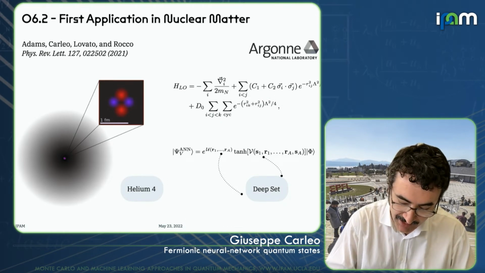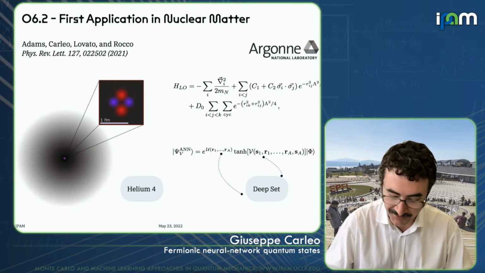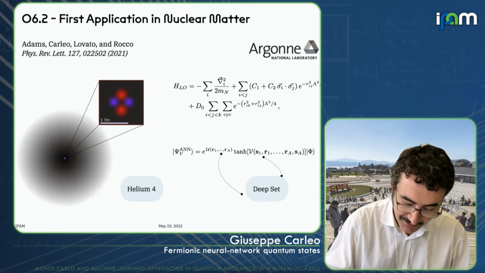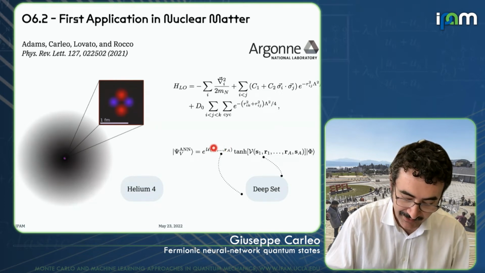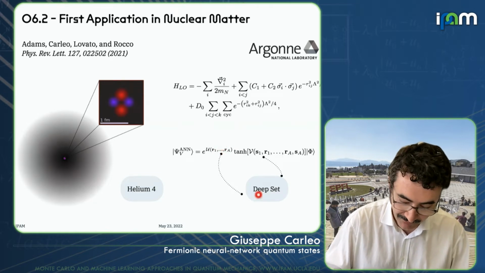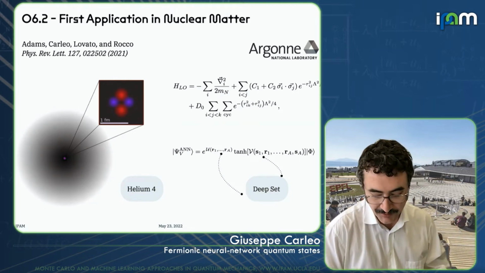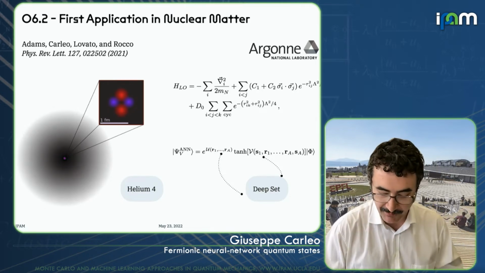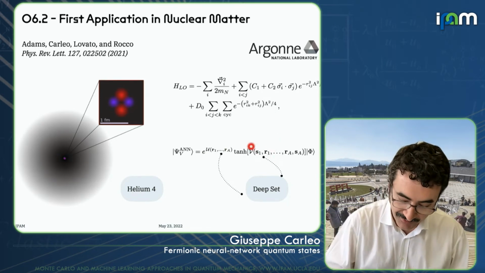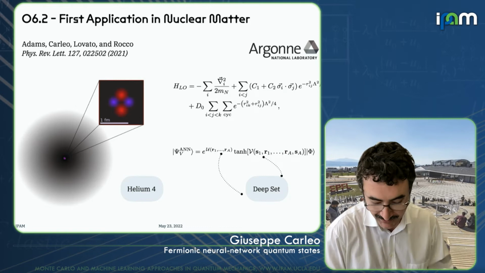Specifically in this work, we were taking a Slater determinant that in this case didn't have a backflow transformation, but that was the first study we did. And then we parameterized the Jastrow-like parameter here, U, that is taken to be positive, with a deep set architecture, which is permutationally invariant on the continuum, that maybe you will hear about in future talks. And also we parameterize this sign factor with this function here that can also change sign, because this tangent can go between -1 and +1.